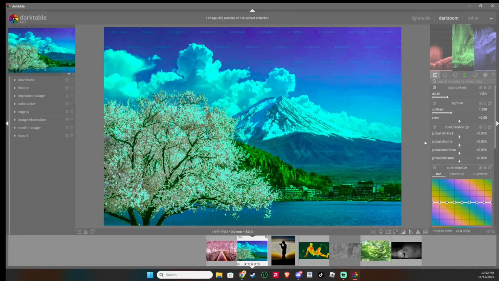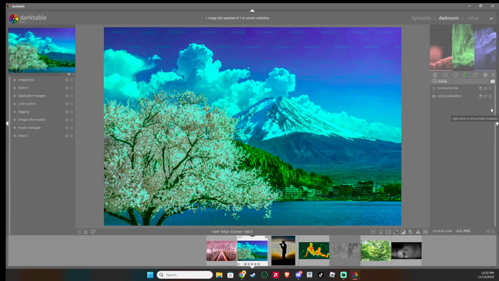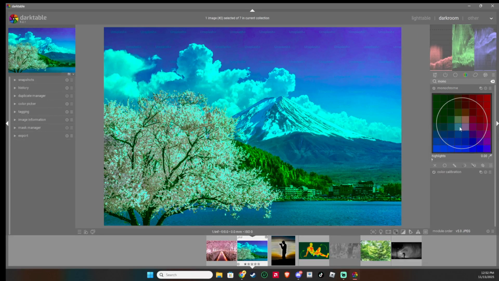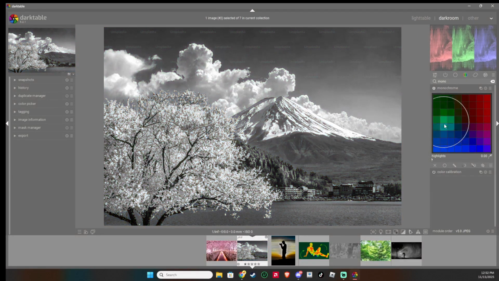Now that your photo is open, your next step is to activate the monochrome module from the right panel. This is an essential tool for converting your image into a black and white masterpiece. Simply locate the module and click to activate it. As you do this, you'll notice an immediate shift in your image to grayscale, giving you the foundation to start